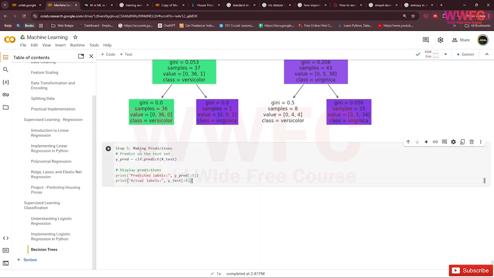So we make a prediction. The prediction is like this, the same predicted and actual label. How about we check the ten values? You can see that it has the same numbers for predicted and actual.